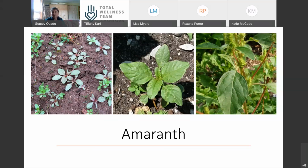Once they get to where they're starting to get this seed head on it, then these leaves get pretty tough. And at that point, that's when you want to start looking at maybe steaming them, chiffonade them and steam them up with some onions and garlic and maybe some mushrooms, and it makes a really tasty side dish that way. And when you steam your dark leafy greens, you actually make them a little more bioavailable to your